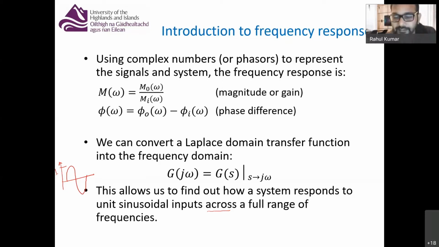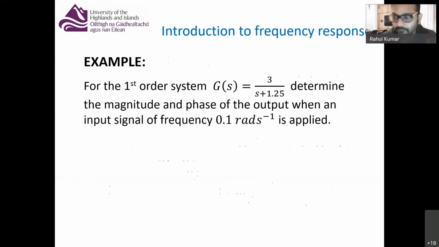Now let's take an example here. So we have concluded some points here, so let's try and apply those points, or that little information that we have discussed, in this example. Okay. So in this example, let me read the example.